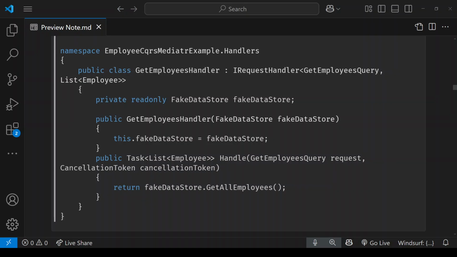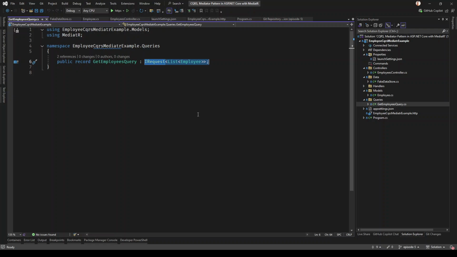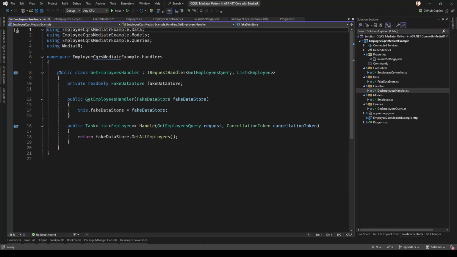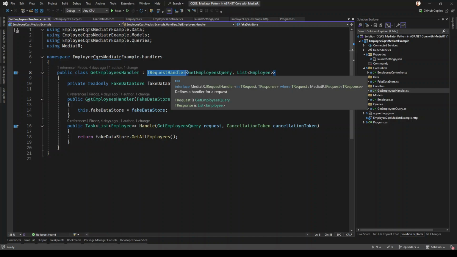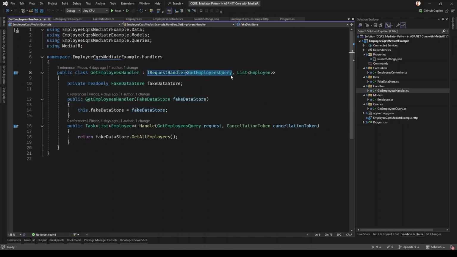Let me show you. So if I go to Visual Studio, inside of my handlers, I've got this get employees handler. The name of the request is get employees query, get employees handler. As you can see, it is implementing IRequestHandler, get employees query, which is the type of the query, list of employee, the thing that the query is going to return after it has been handled, and then my dependency on my fake data store, and then the single method coming from the IRequestHandler, handle,